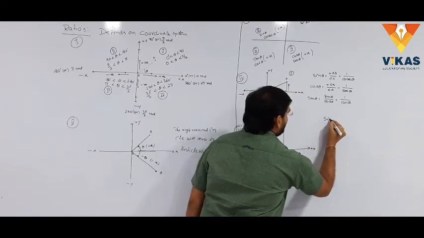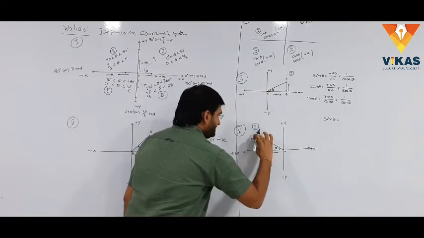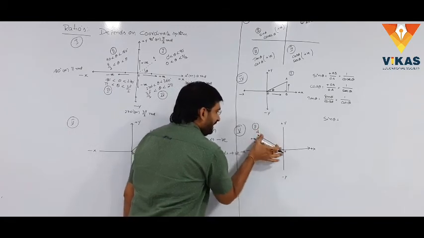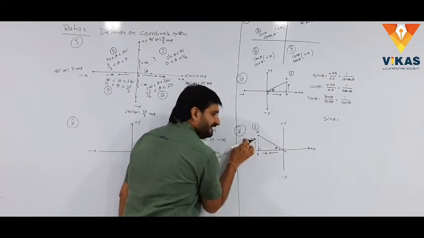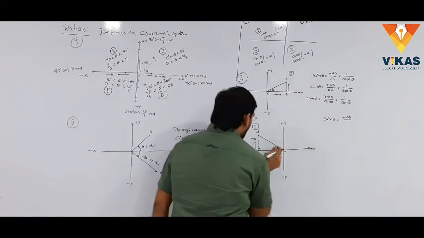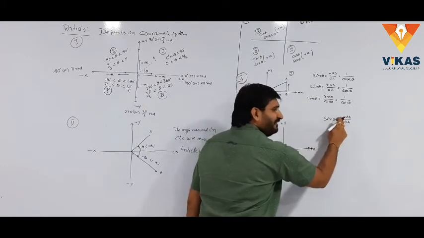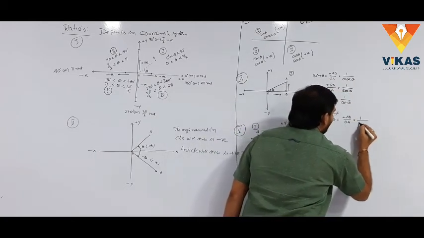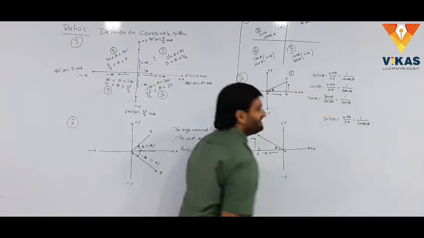Dear students, listen. We take sine theta. What is the value of sine theta? Opposite side by hypotenuse. What is the opposite side here? AB is the opposite side. Is AB positive or negative? Positive. Like this it is plus AB. What is the hypotenuse here? OA is the hypotenuse. Is sine theta positive or negative? Positive. If sine theta is positive, the reciprocal of sine theta, the cosecant theta, is also positive.